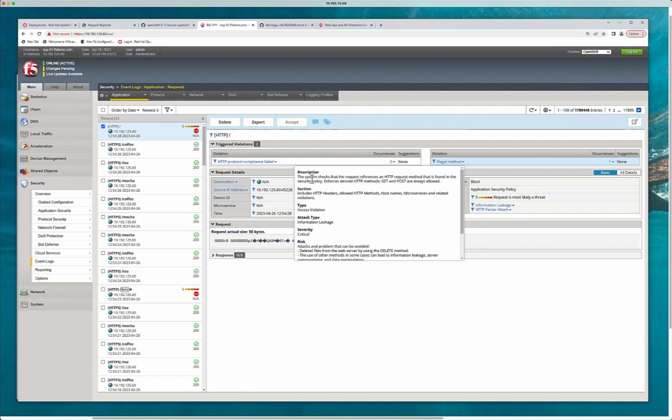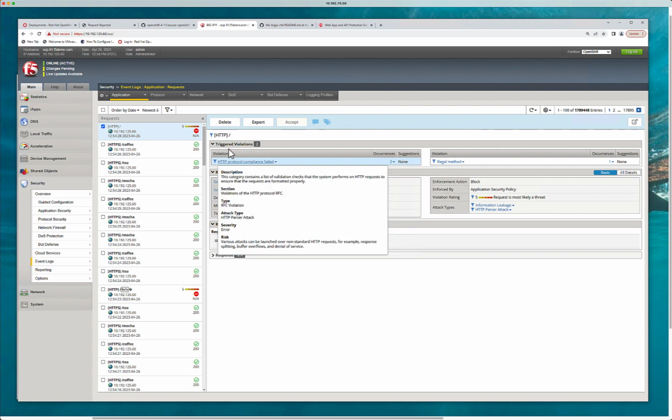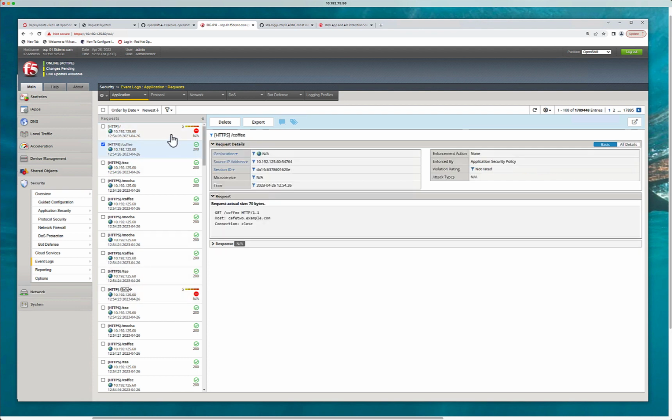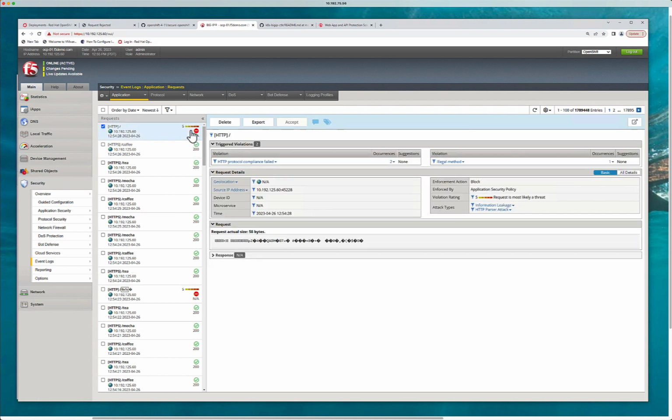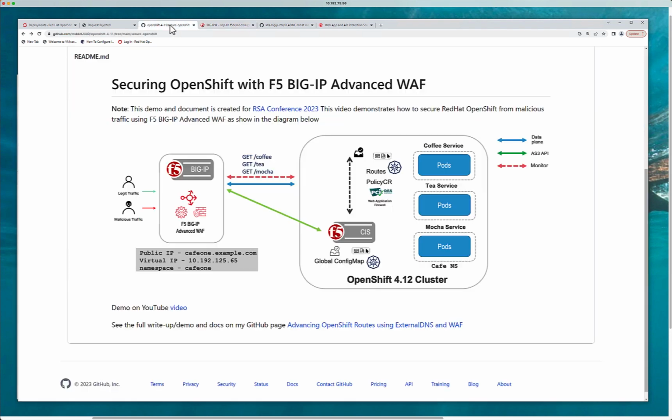You can see here that there was an illegal method, DELETE, and the protocol was enforced there. And so you can see that's what it was from. The first one was okay because that's just /coffee, but then you can see this mysterious traffic being blocked right here. So that is basically what Advanced WAF is doing, and Advanced WAF is configured through the OpenShift automation with